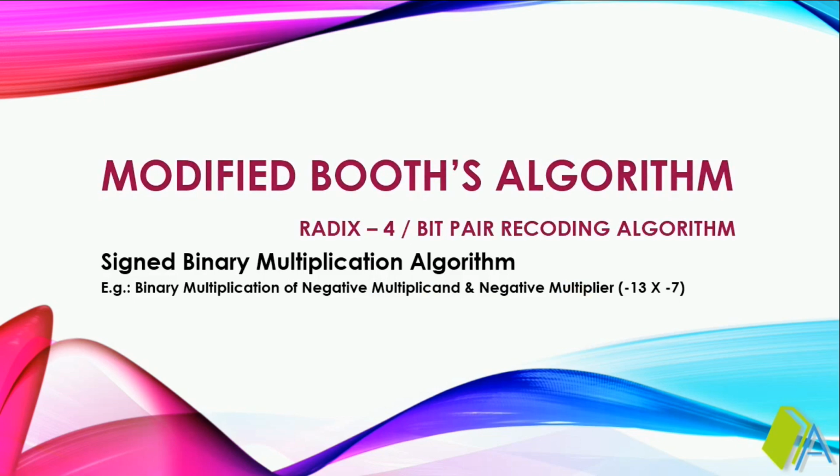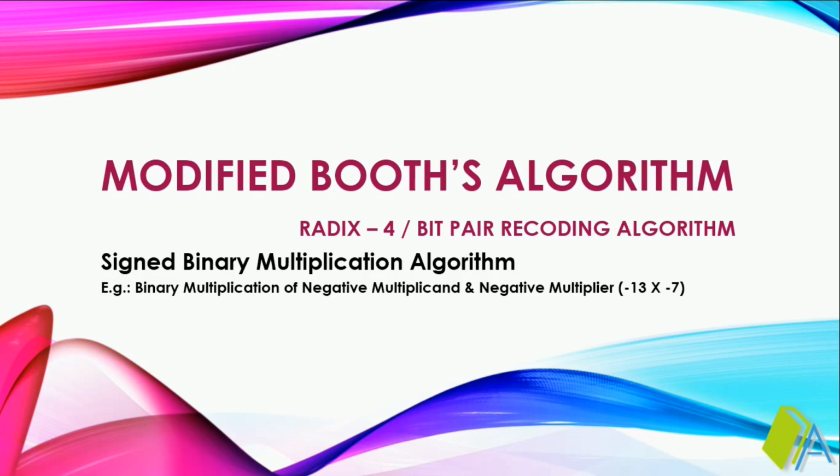The Booth algorithm is intended for doing fast multiplication by reducing the number of ones in the multiplier by doing the recoding. But if you see a multiplier with bits like 10101010, even at the time of recoding you will still have so many ones in the multiplier. That particular problem is also addressed by the modified Booth algorithm. That is another big advantage of using the modified Booth algorithm.